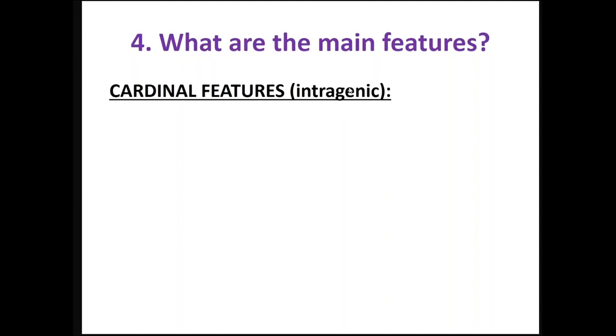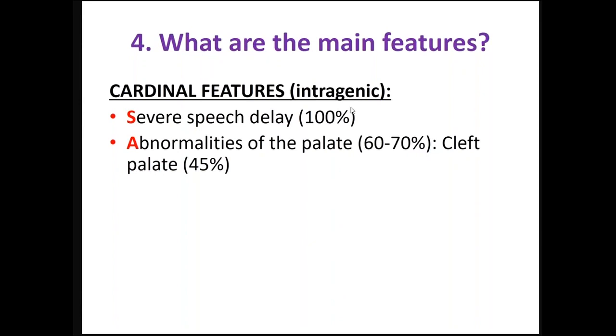So basically everybody but those that have really large pieces missing or extra, which those numbers are somewhat similar. I just have not had enough numbers to compare apples to apples yet, but it is on my list of things to do, as you will see later. So the cardinal features, just remember, speech is significantly affected pretty much for everybody. The abnormalities of the palate, primarily with cleft palate, but you can have bifid uvula or high palate. Teeth anomalies are fairly universal,